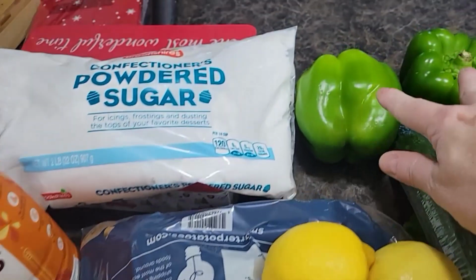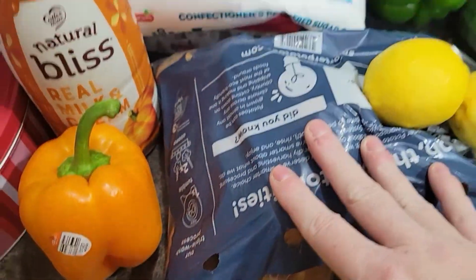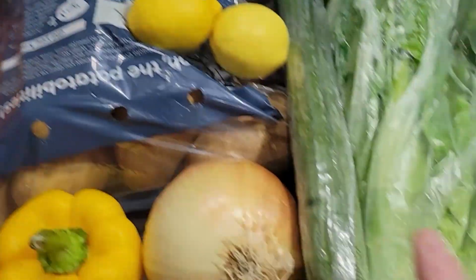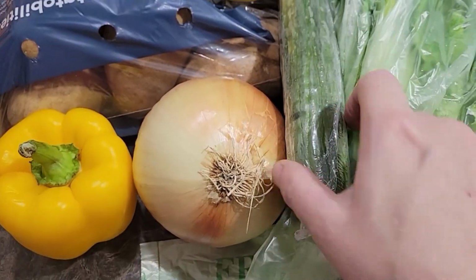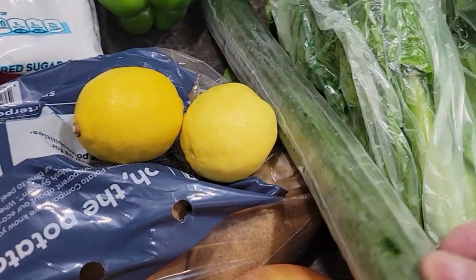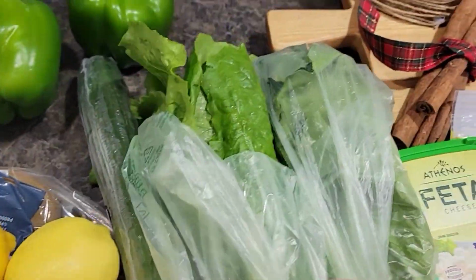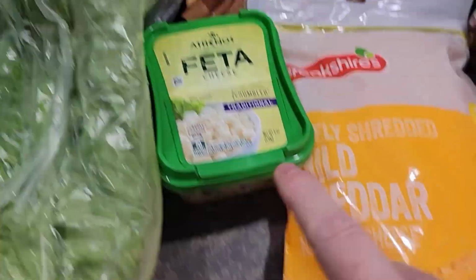Okay. I got 2 green peppers. They were 79 cents. 2 lemons, 5 pounds of potatoes, a yellow onion. The only cucumber they had, regular cucumber, looked really sad. But all they had was English cucumbers. So I got that. And some romaine lettuce, feta cheese,